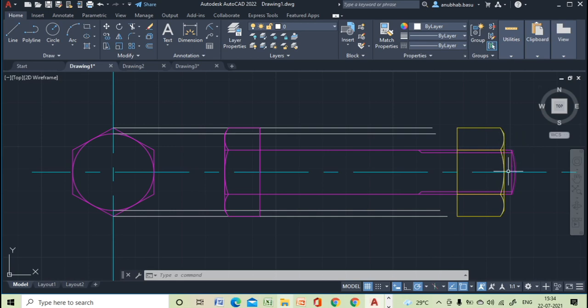So as we can see the external thread first, we should show the external thread symbol, as when we are looking from this side, at first we are getting this external thread, then the nut is coming. Okay, so here we will draw the external thread.